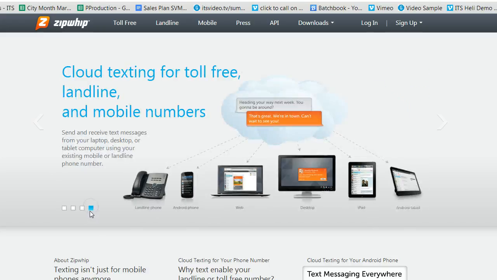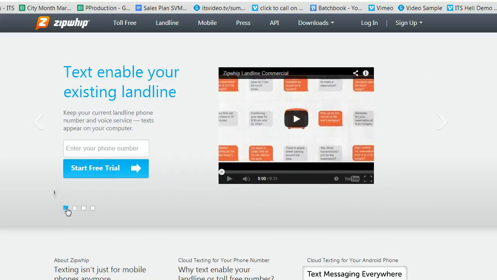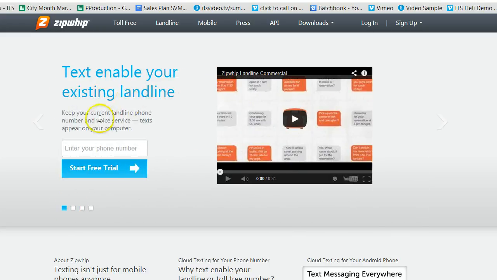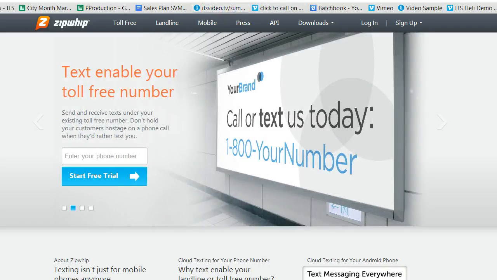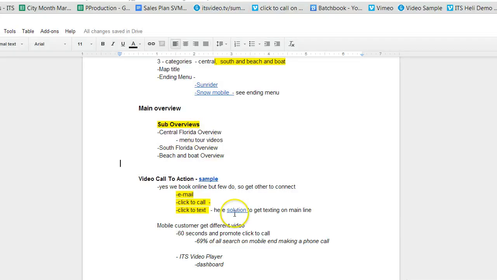Well, this company does it for you. I think they charge like $10 or $15 a month. Text enable your existing landline. So it's basically a web page, and you deal with them like emails. But with people on a mobile phone, especially with your website where you got so many tours and everything, we just want to get them a little bit excited and then get them to call you,